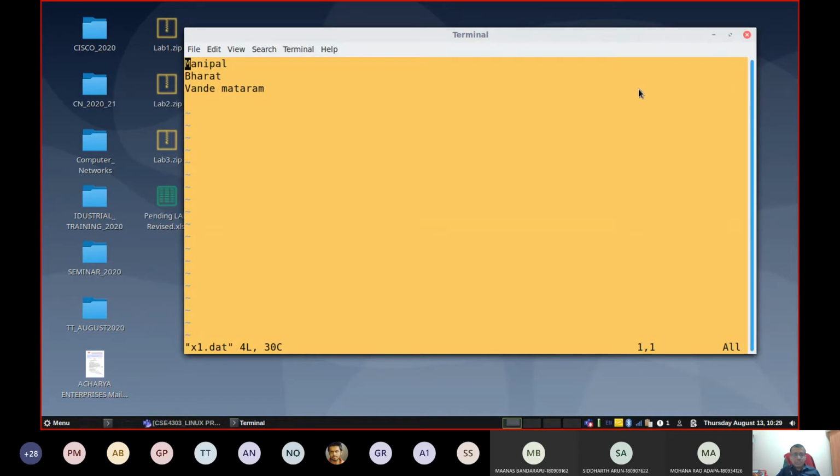If you want to go to input mode, that means to modify the content, just press I. The moment you press I key, at the lower end of the screen you are going to get the option called insert. Now you can change it.